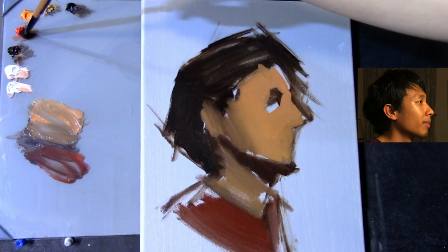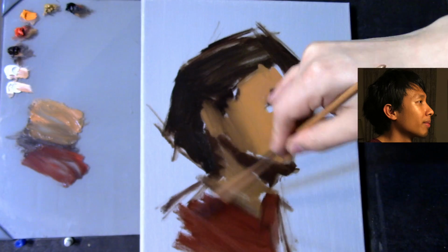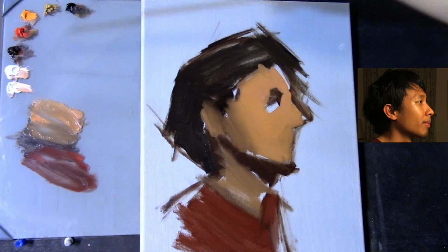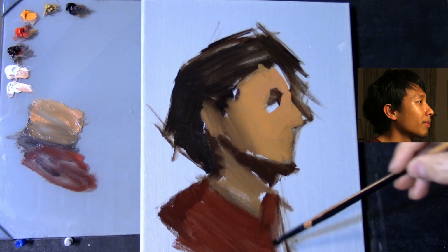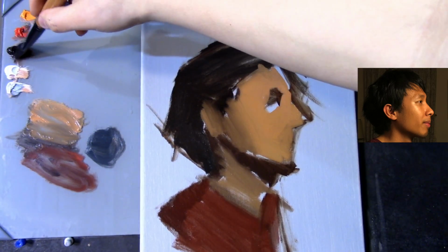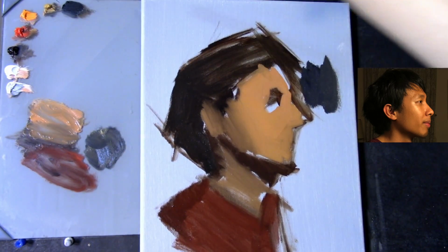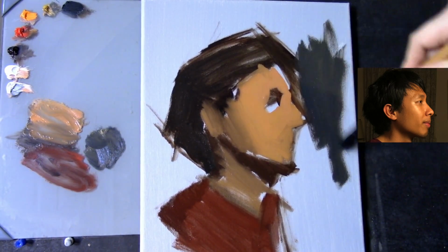But I think that it's important to explore the paint onto the canvas in this kind of way once in a while. I know that it's much harder to gauge the drawing, at least for me. It does make the drawing a little bit more difficult when there's lots of big brush strokes, big masses of color, kind of a beautiful disorganization of sorts onto the canvas. But for these purposes, it's meant to break away from that procedural mindset, especially for someone like me that paints portraits on a regular basis, to break away from conventions, break away from any kind of ideologies,